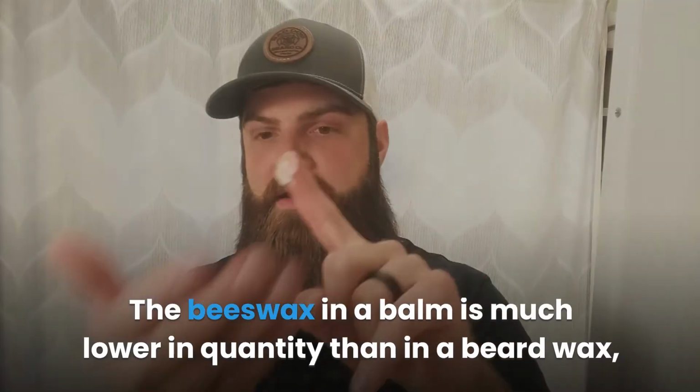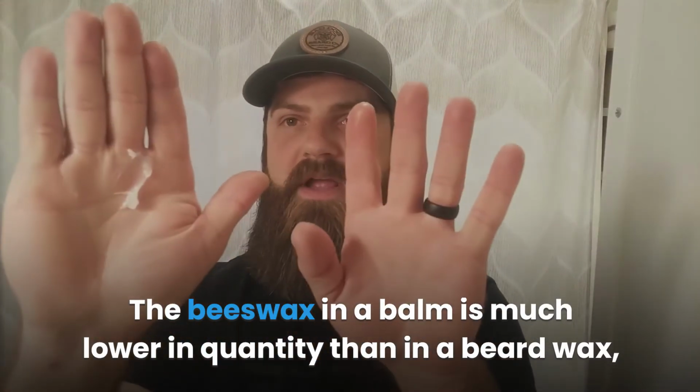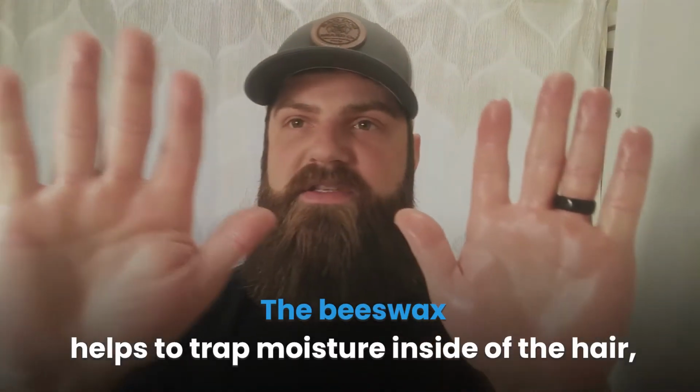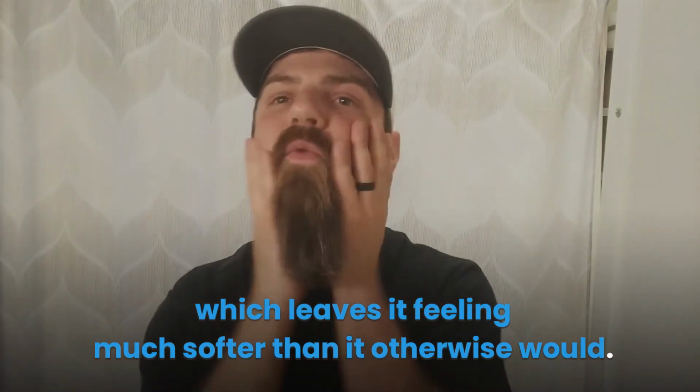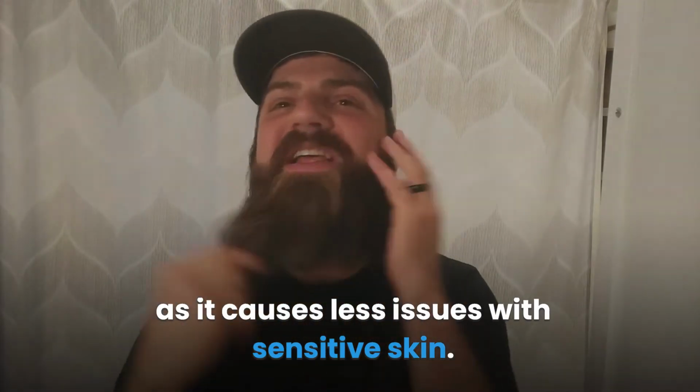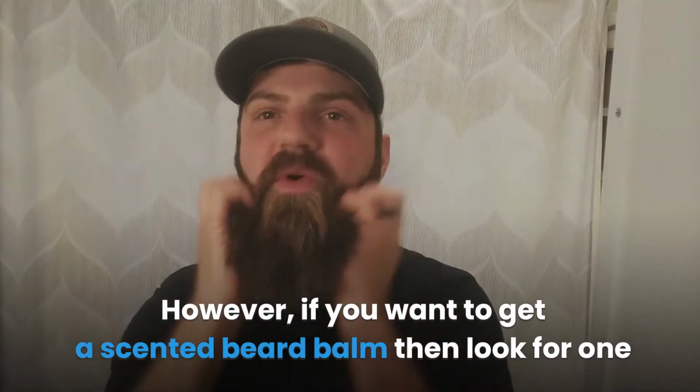The beeswax in a balm is much lower in quantity than in a beard wax, so it will offer a weaker hold in comparison. The beeswax helps to trap moisture inside of the hair, which leaves it feeling much softer than it otherwise would. Many people like to use an unscented beard balm as it causes less issues with sensitive skin. However, if you want to get a scented beard balm, then look for one that gets its scents from